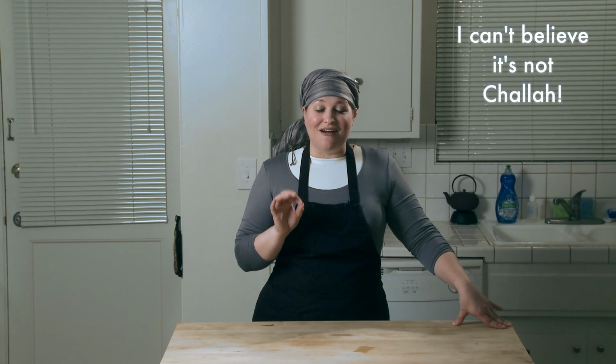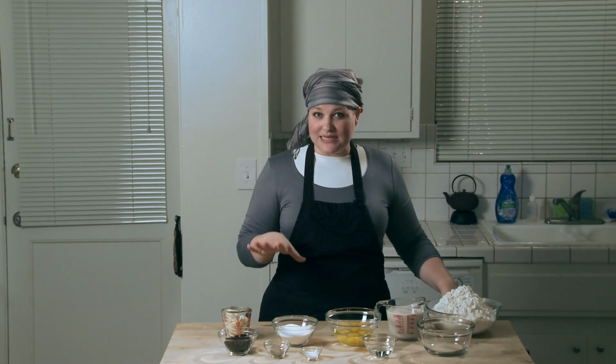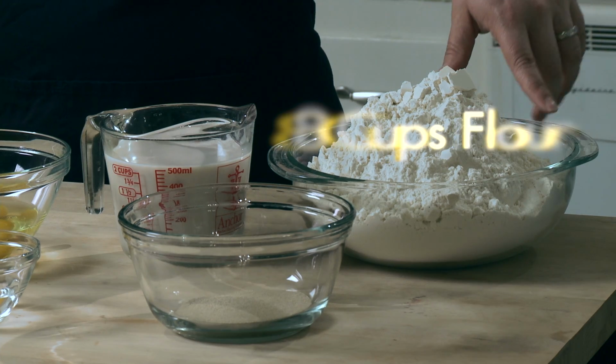Now, Pulla is a braided coffee bread that looks an awful lot like challah. Since Rosh Hashanah is coming up and it's traditional to serve sweet challahs, I thought this would be the perfect time to introduce Pulla. What you'll need is 8 cups of flour,